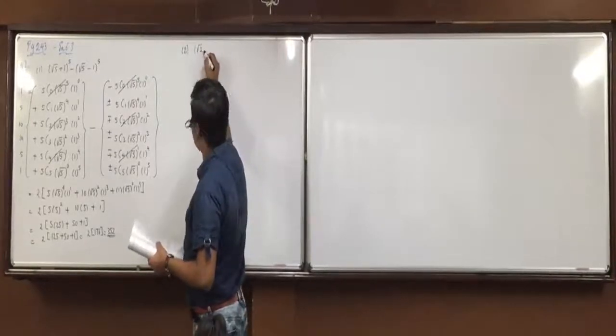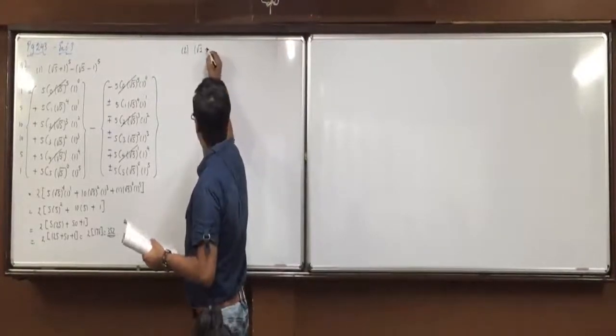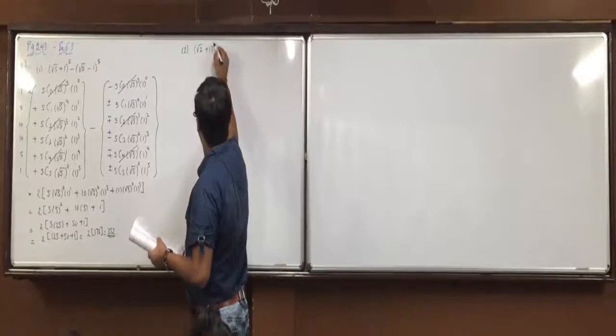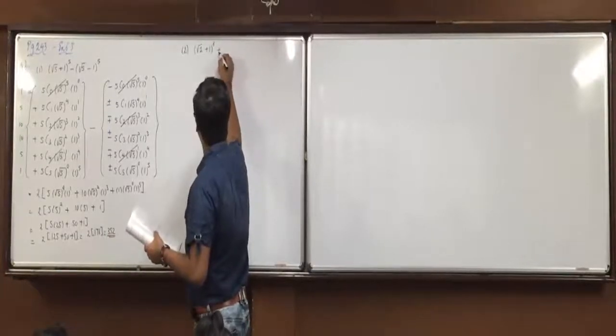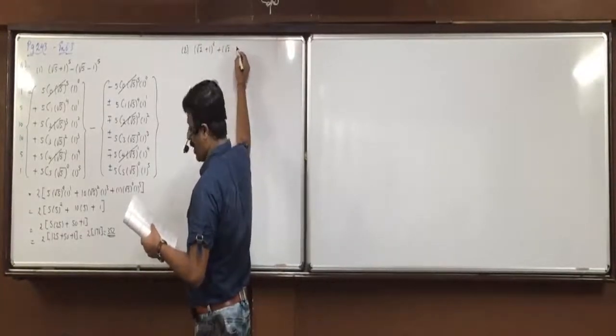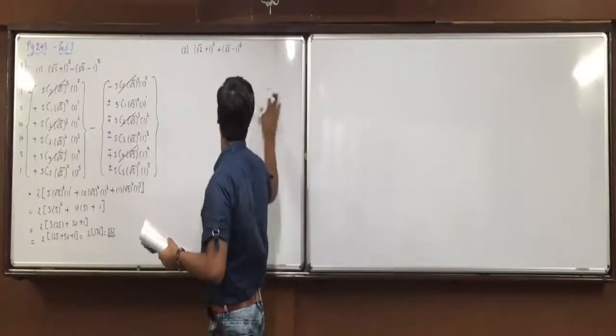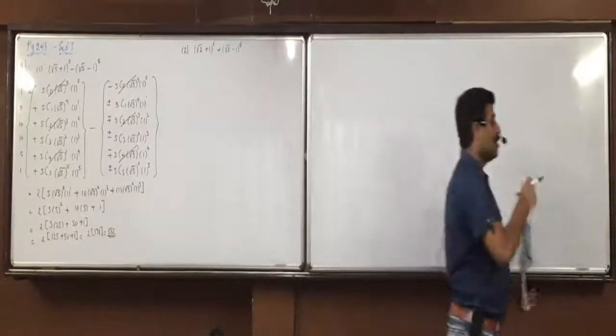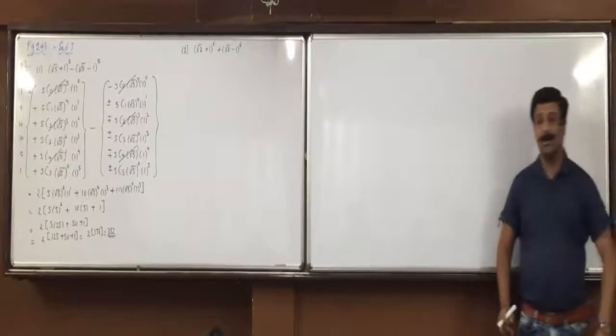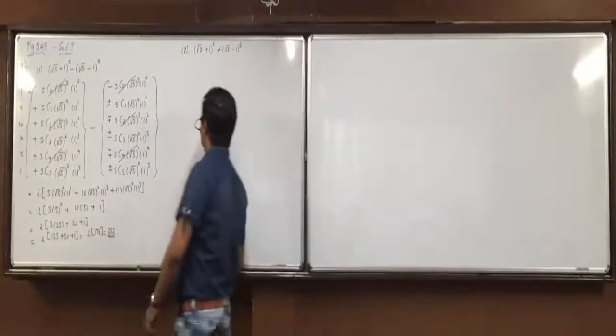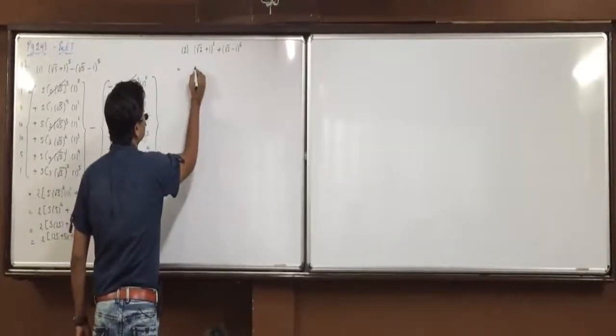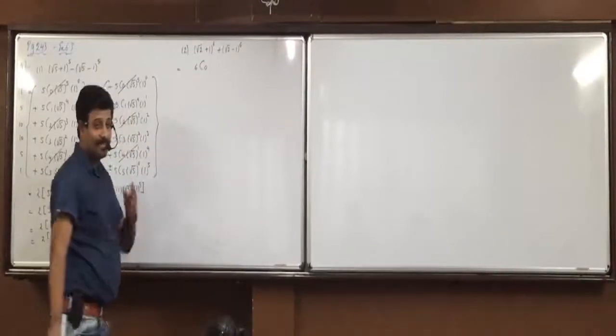Root 2 plus 1 raised to the power 6 plus root 2 minus 1 raised to the power 6. So, Kiran, 6C0. Then,